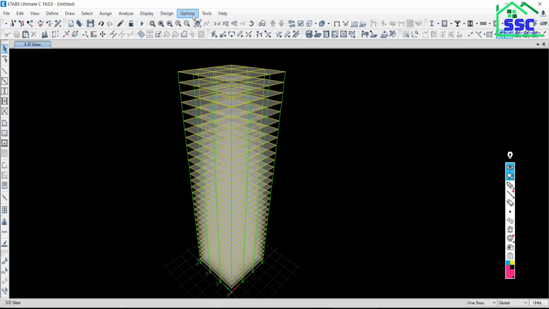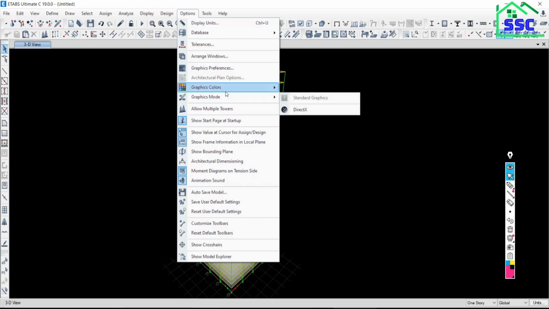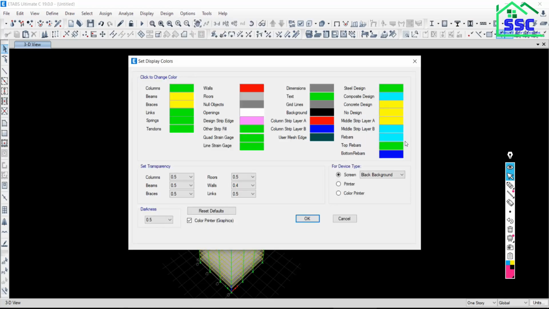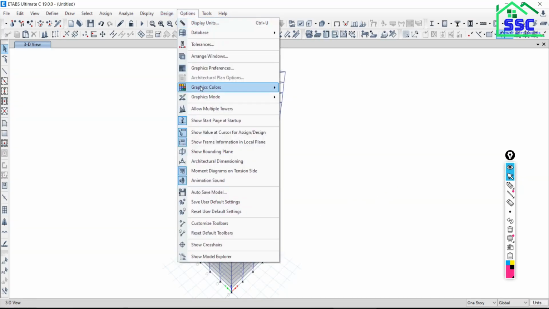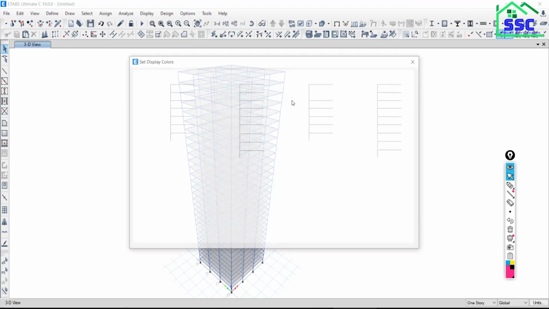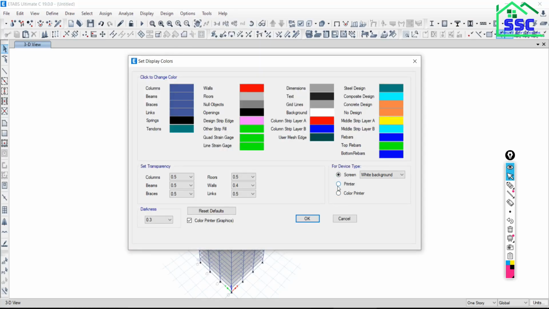Then go to this option again, go to graphic color, go to display. I am familiar with the white background, so let it be white. Then go to option, go to graphic color, go to display. Now printer. If you are printing this model, what color will be there?